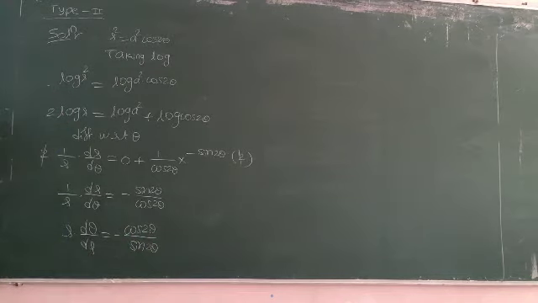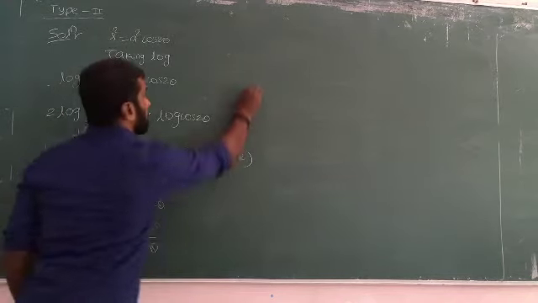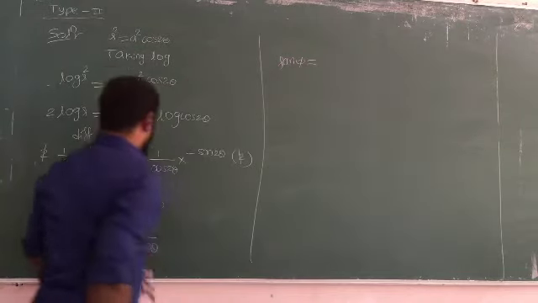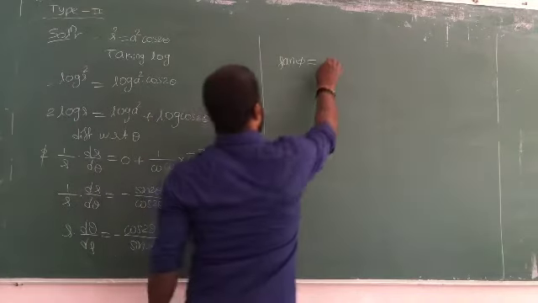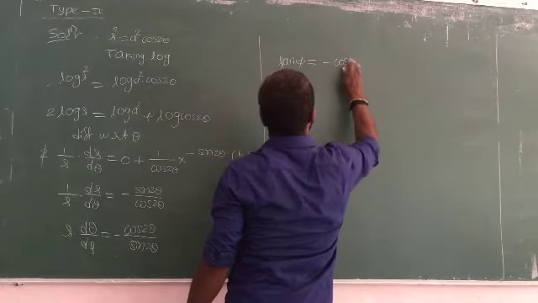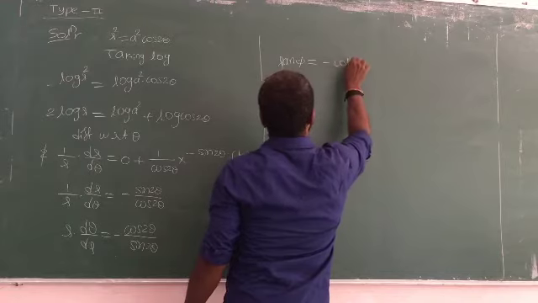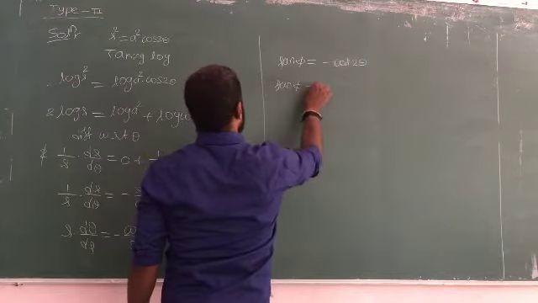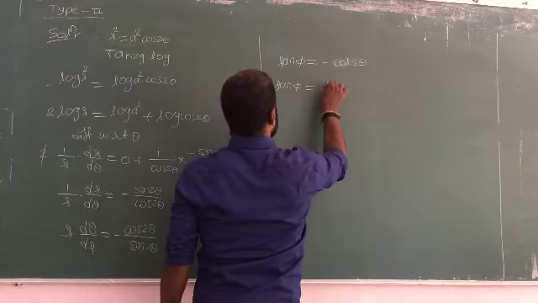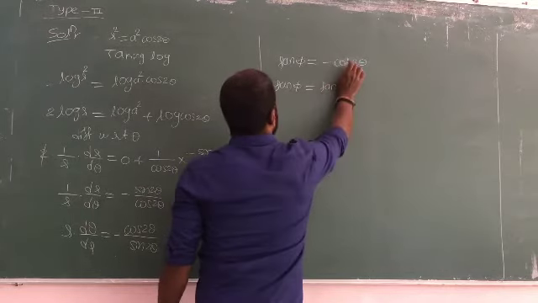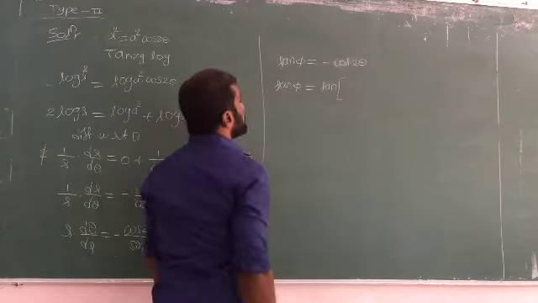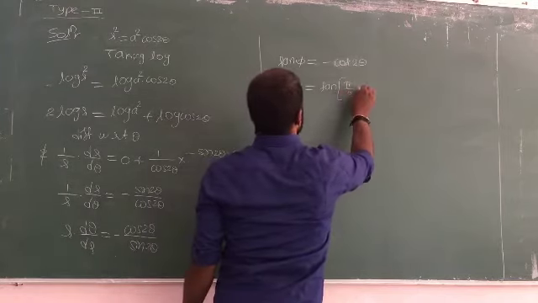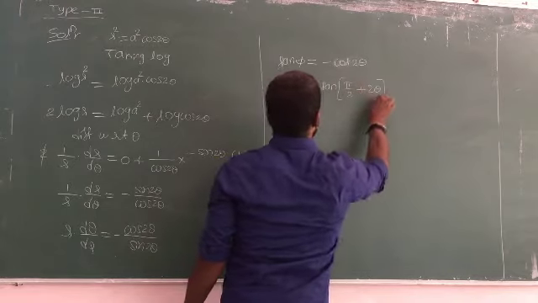So the value of r into d theta by dr is tan phi. Tan of phi is cos by sin, which is cot, so minus cot of 2 theta. But I want the angle between radius and tangent, phi, so I can write tan of phi as tan of pi by 2 plus 2 theta.